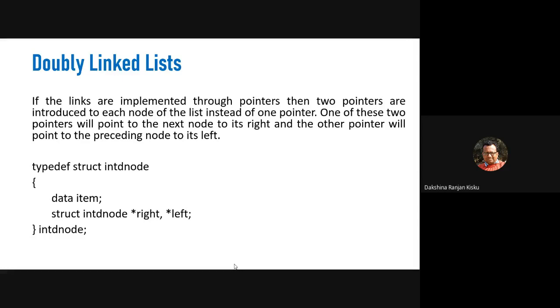So accordingly, we can define the structure for each node. Here we call the structure in D node, where D stands for doubly linked list. So the name of the structure is in D node, and here we have three members. One is the item, the data part which is associated with each node. Here the data type of the information is type data, and we have two pointers, right and left pointers of type nd node. And another structure variable nd node is declared. So similar to the single linked list, here we are using the self-referential structure.